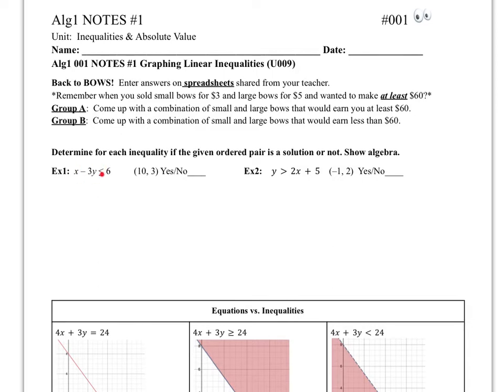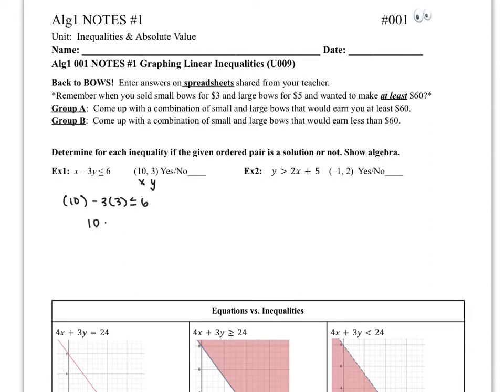So you'll notice that the equal signs have been swapped out for inequality symbols. And then we're given this ordered pair that we're going to check if this is a solution or not. The way that we're going to do this is we're going to replace the x and the y with the variables given. So in example 1, I'm being asked to replace x with 10, and I'm being asked to replace y with 3. I'm going to do the algebra and see if my answer is less than or equal to